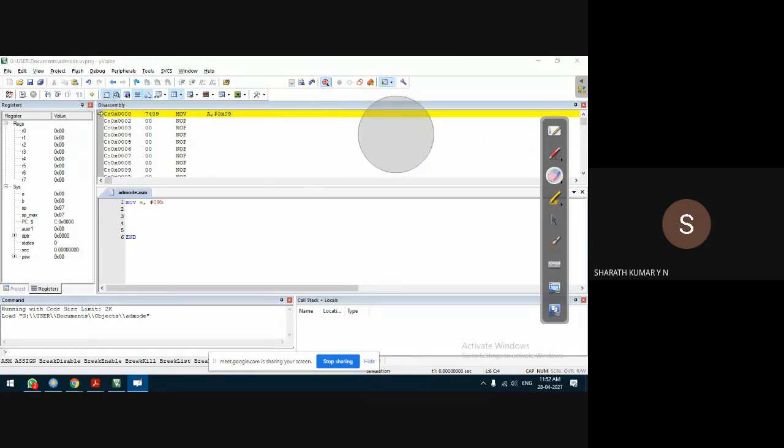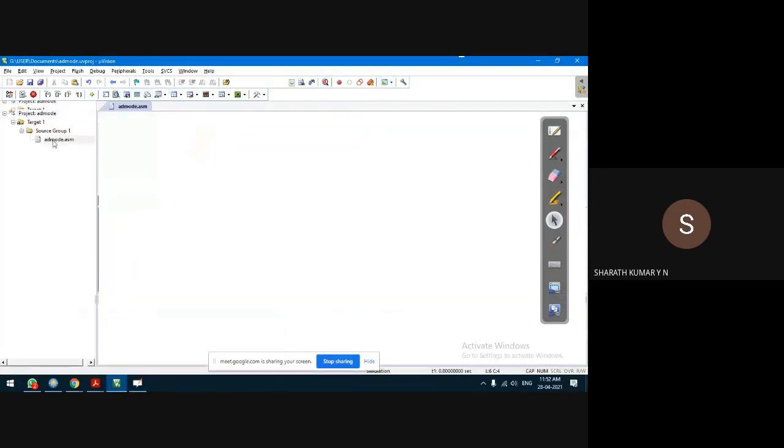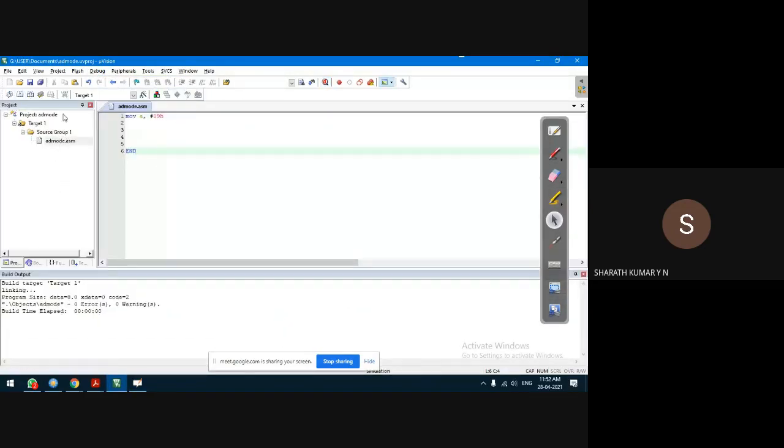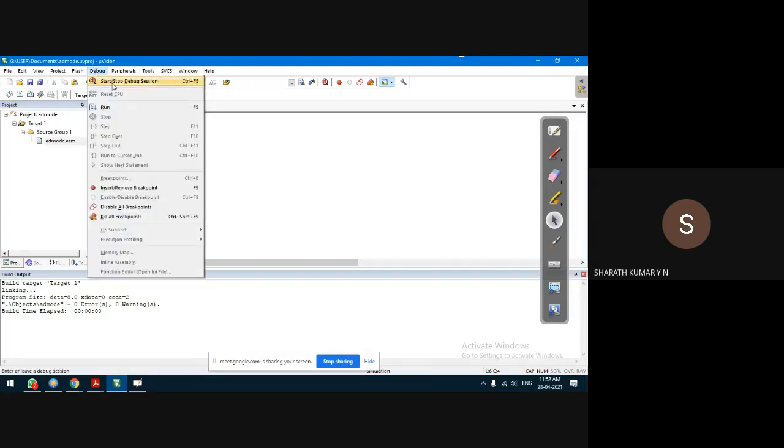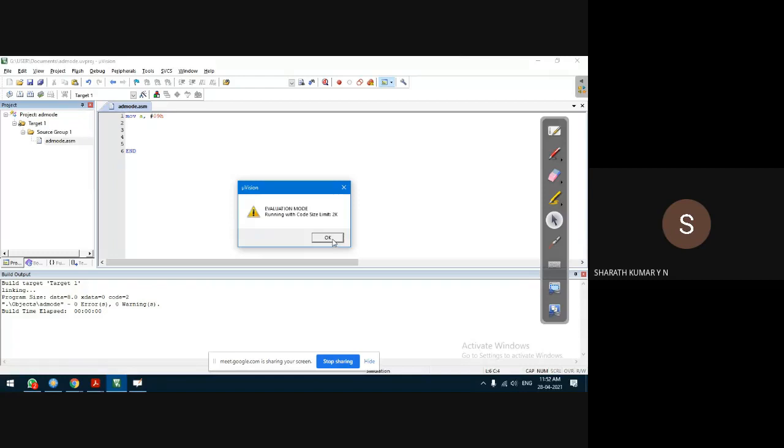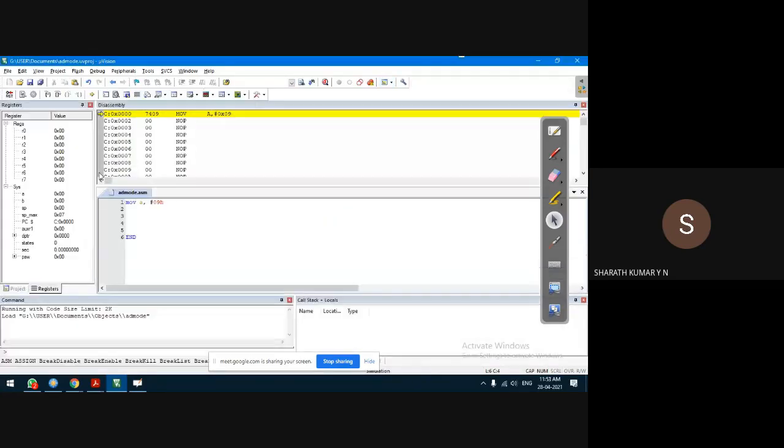Okay, what is the other window it generates? It opens up the register window where we actually see the content of the registers, and the other one is our program. Okay, so after this, what step resulted in this one, guys? That was debug start session. That means after writing the program, after saving the file as filename.asm, right click on the source code, build target, it checks for the syntax errors, go to debug start session. Press OK. Then it will open this window.